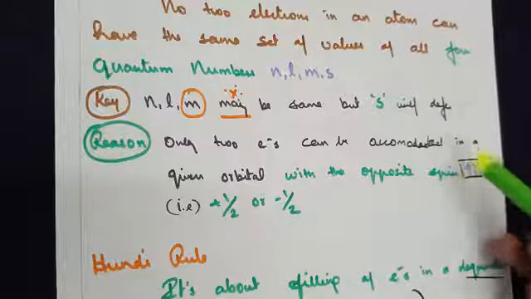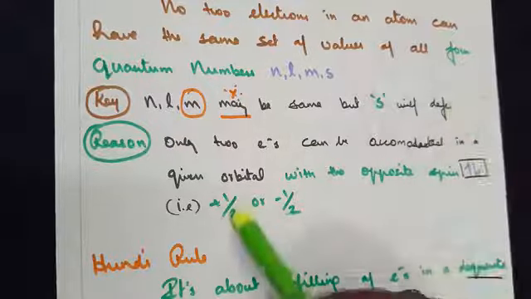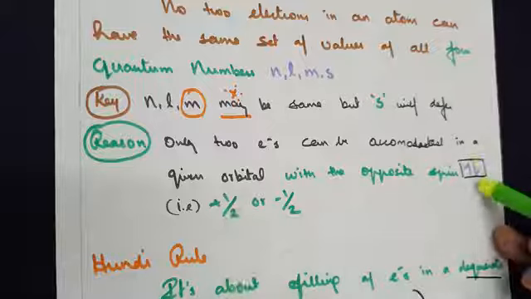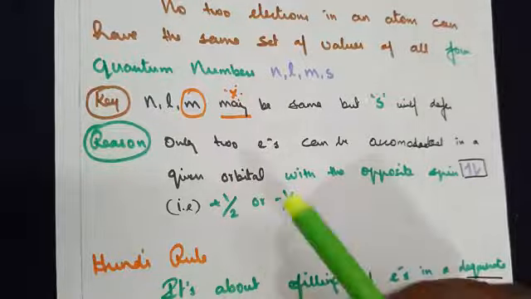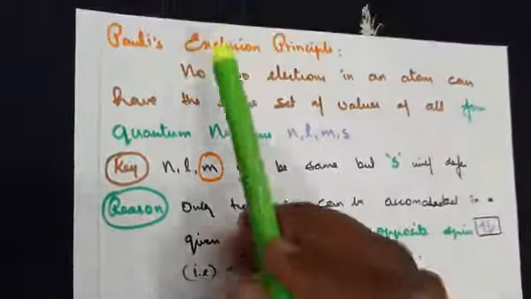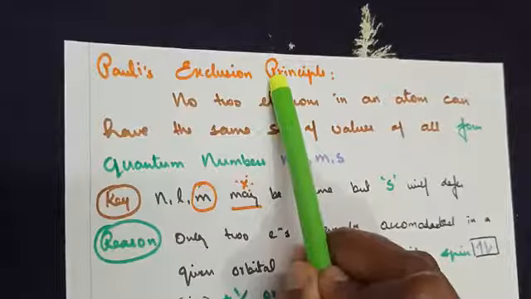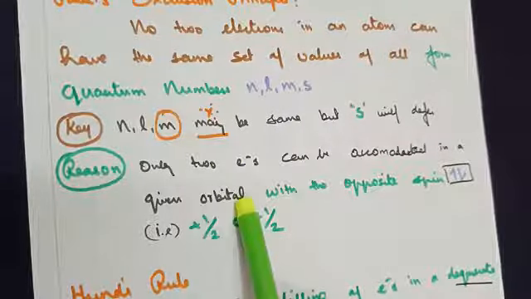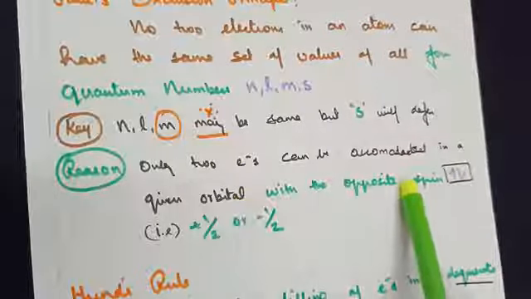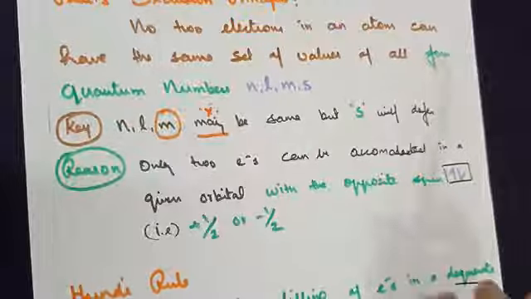You have to write one facing upward with a value of plus half spin, one facing downward with a value of minus half spin. So about these calculations you will see it later. All you need to see is Pauli's exclusion principle. He says only 2 electrons can be there within a given orbital with the opposite spin. That's the key word here.